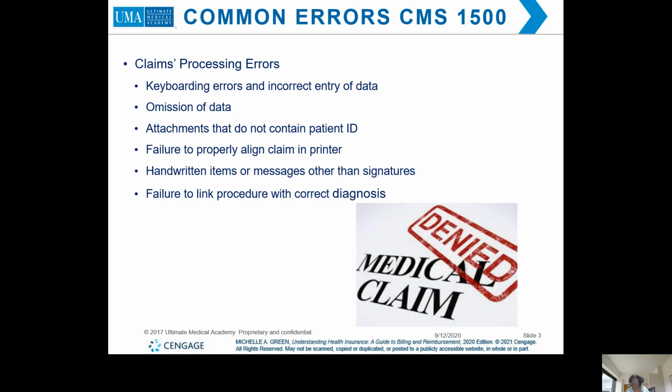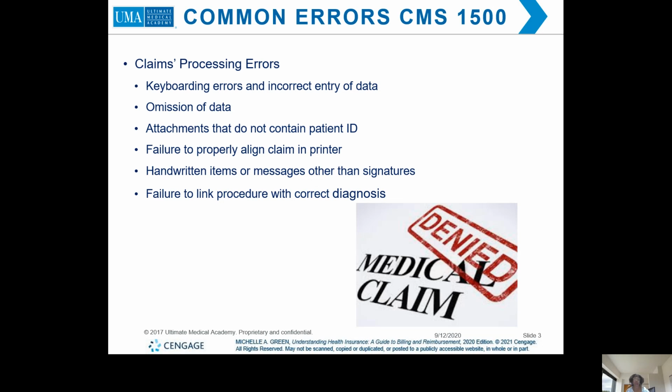And just like the omission of data can cause your claims to be denied. And then guess what happens when your claims are denied? Your money isn't coming in. You're the accountant, and then your cash flow becomes low. And now you want to know, why isn't the money coming in? So it's a whole